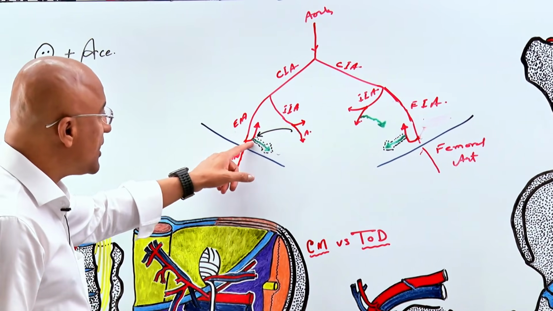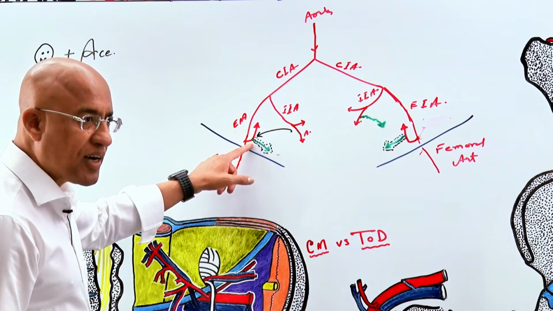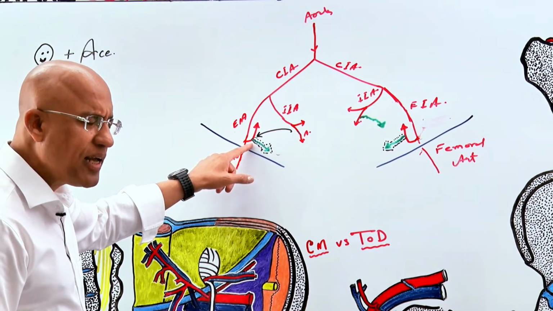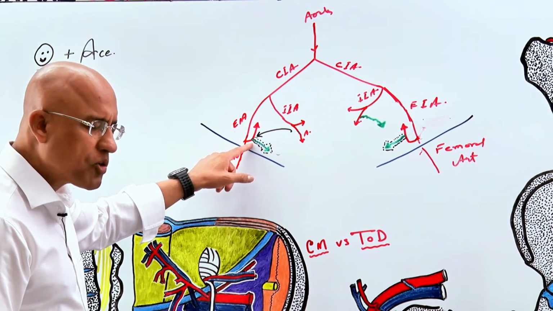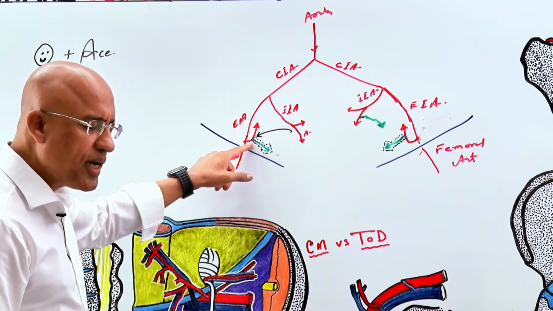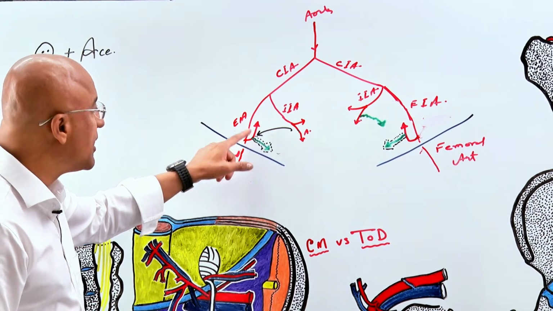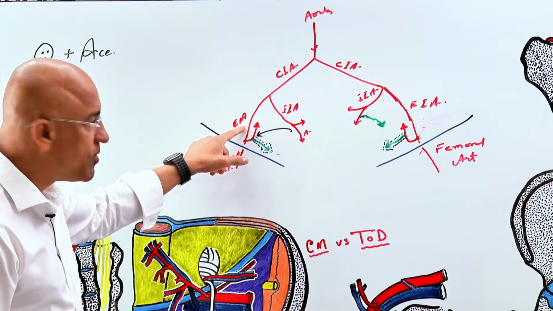And there is a replacement artery which is taking origin from the external iliac system, most commonly from the inferior epigastric artery, and less commonly from other places like directly from the external iliac artery. Now,